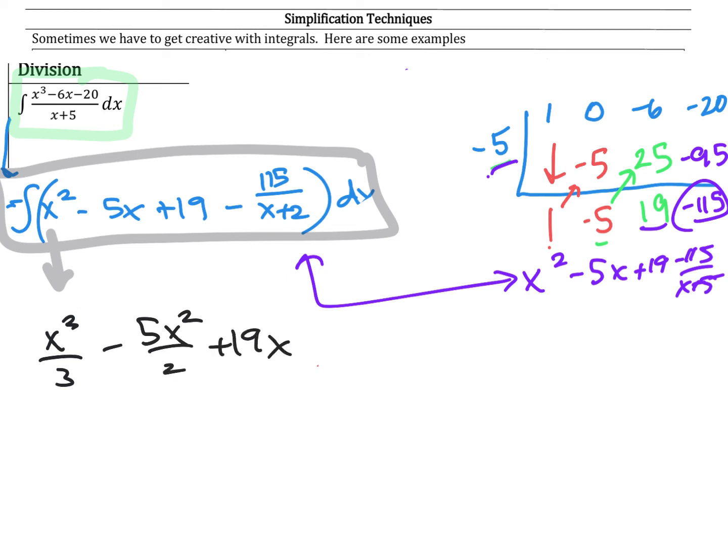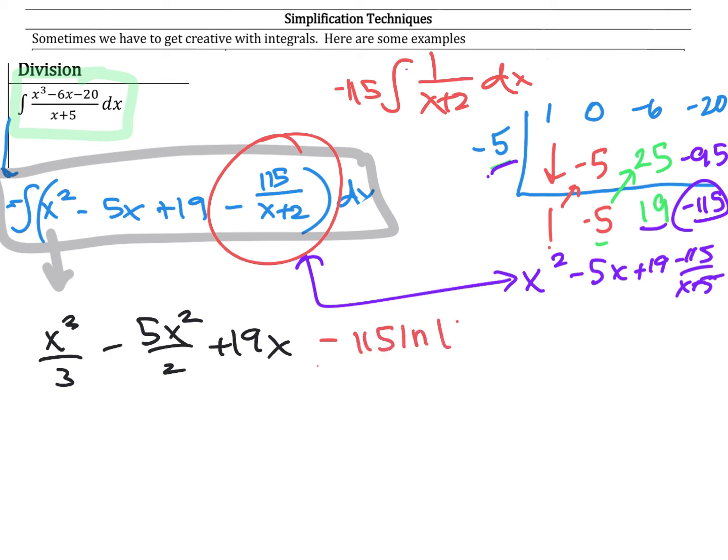And then this last piece is going to be my natural log piece. So you can think about it as -115 times the integral of 1 over x plus 2 dx. That piece is just going to become -115 natural log of the absolute value of x plus 2 plus c. And I know some of you might need to do u substitution to get there,